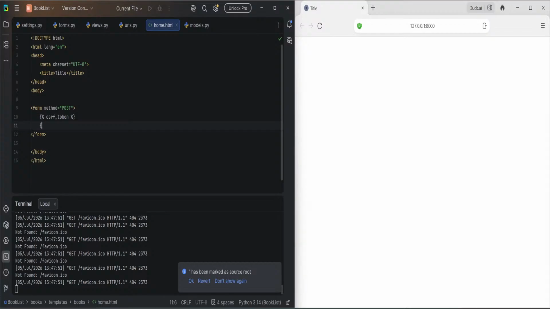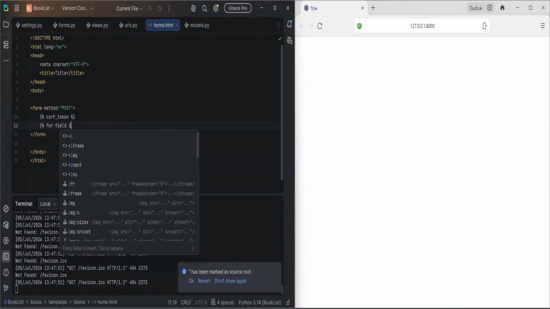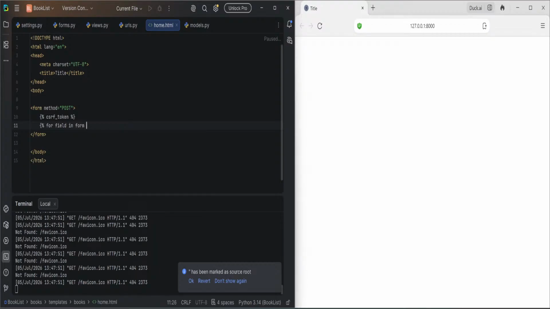And we have for loop field in form, which is the variable that we've created in the form Python file. And of course, we have to end our for like this. Okay, now inside of this for, we'll just be creating a label, and this label has field dot label,